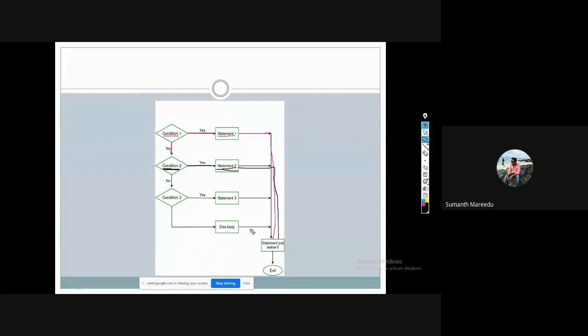Anyhow, it will execute the statements which are written after the block. That means these statements will be executed anyhow. But in which order is it executing? Suppose your test condition 2 is false and it verifies 3. If this 3 is true, it would have executed statement 3 and then it comes out of your block like this. If test condition 3 is also false,